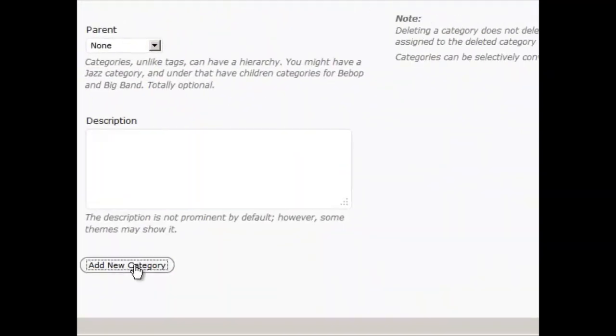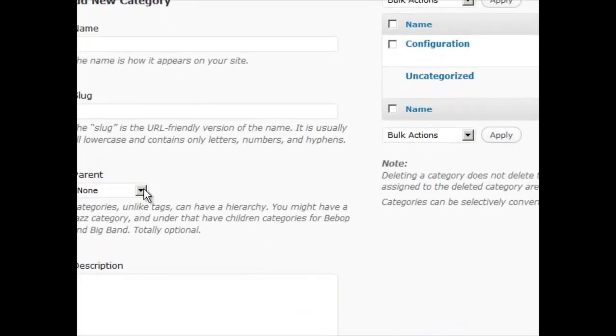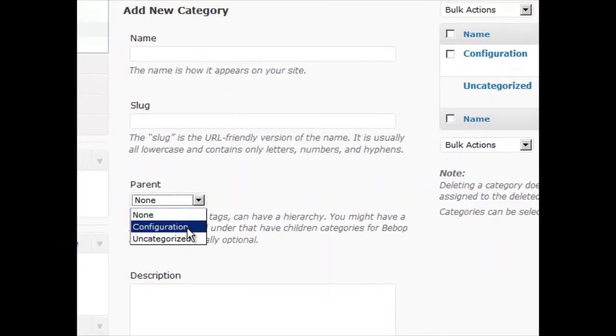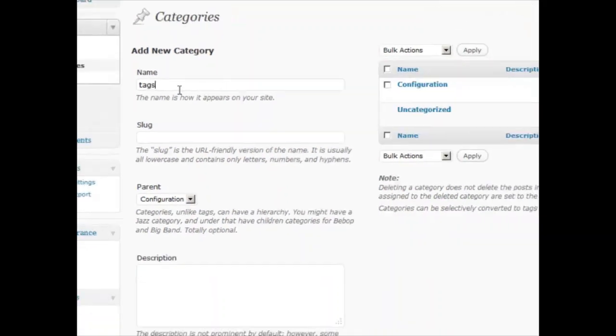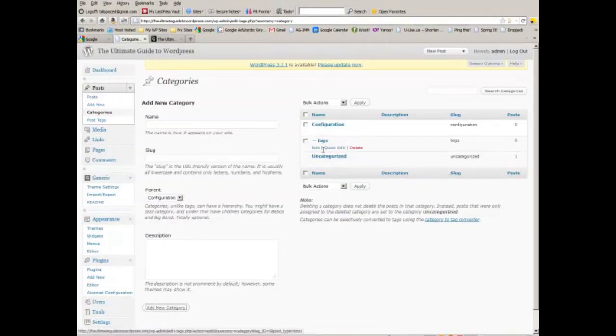You can add a new category. Now you see the configuration is here. If I wanted to put a category underneath configuration, I could do this and say tags, right? And see how tags kind of nestles in under configuration